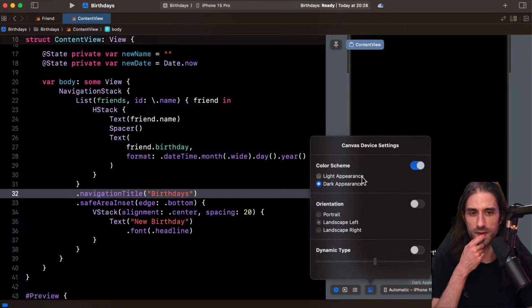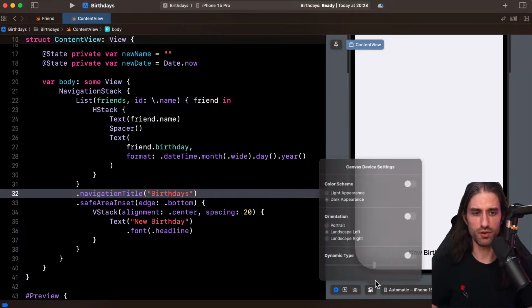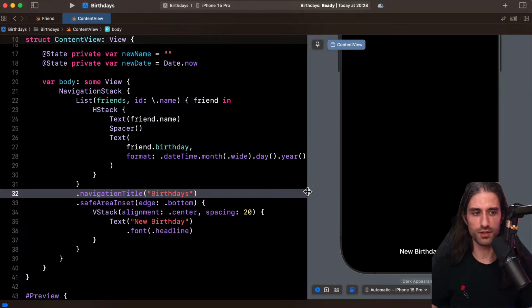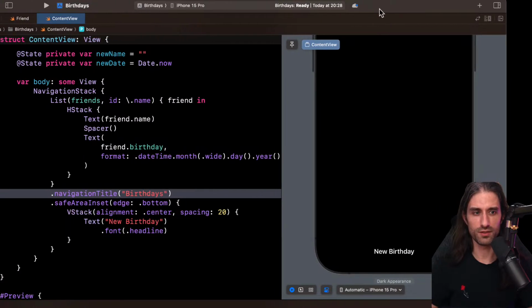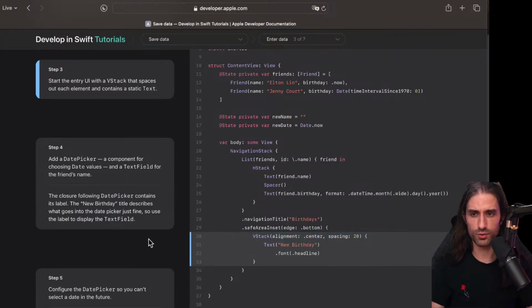Maybe I will put it back into light mode to see if we see it better. Yeah, no, it doesn't help that much. So I'm going to keep it with dark mode. Actually, I'm moving it a bit so that I don't cover it as much. All right, maybe moving it a bit also like that. Yeah, so that you can see everything. All right, let's go back to the tutorial.